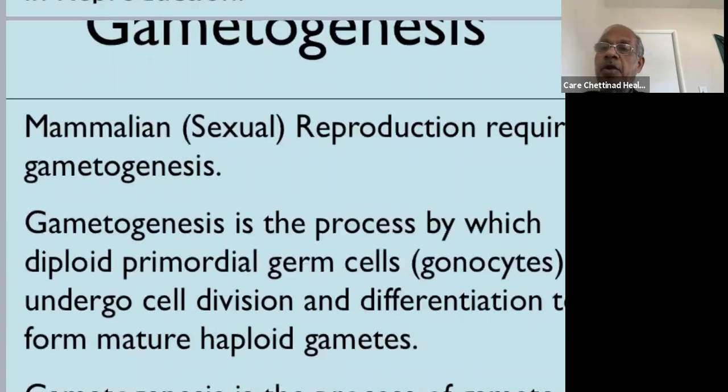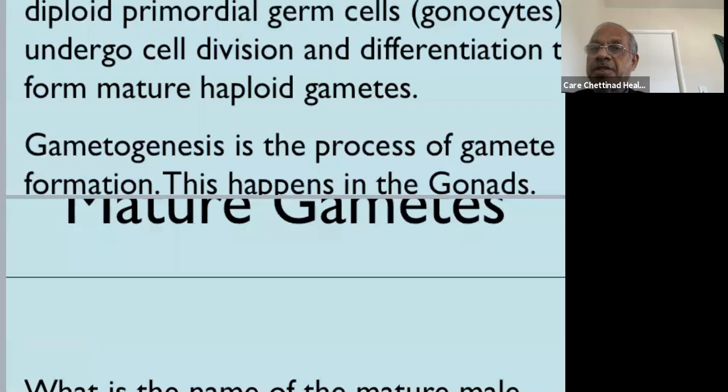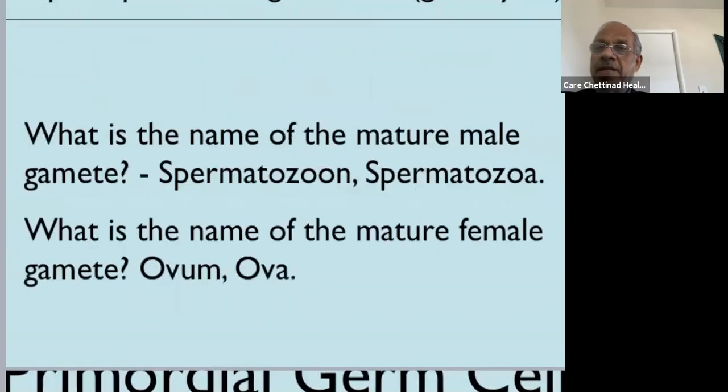Gametogenesis is a very peculiar phenomenon for the mammalian. Mammalian reproduction requires gametogenesis. Gametogenesis is the process by which diploid primordial germ cells undergo cell division and differentiation to form mature haploid gametes. Gametogenesis is the process of gamete formation. This happens in the gonads, and it can happen only in the gonads. If you transfer the gonocytes elsewhere, they do not divide and grow and form the mature